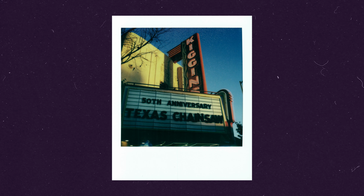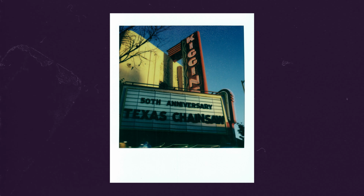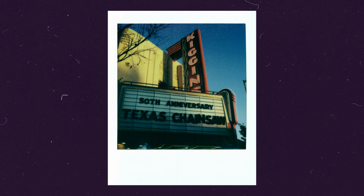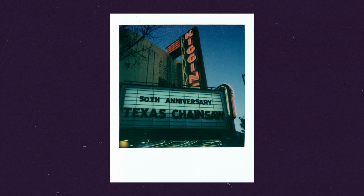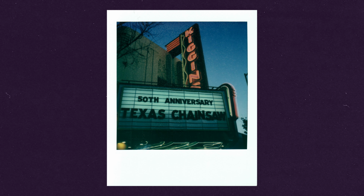And the first shot is great. It looks fantastic. There's nothing really wrong with it, but it could be a little bit better. You don't really see a lot of the neon lights. I mean, it is a neon sign. You would probably want to see the neon light. Now, the second shot, it is better. The neon is a little bit more prominent, but if you stick around a little bit longer,